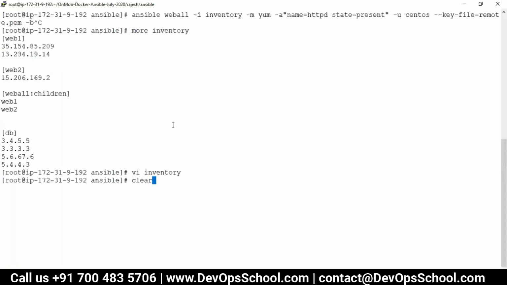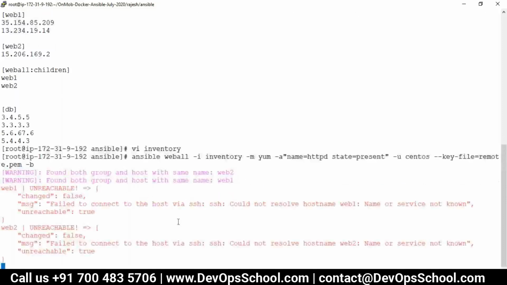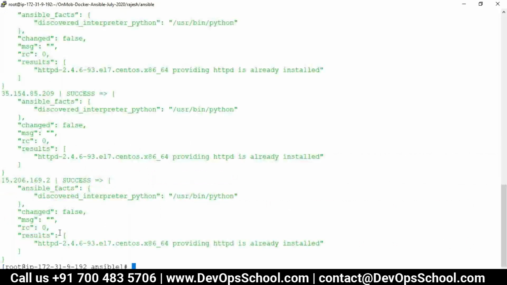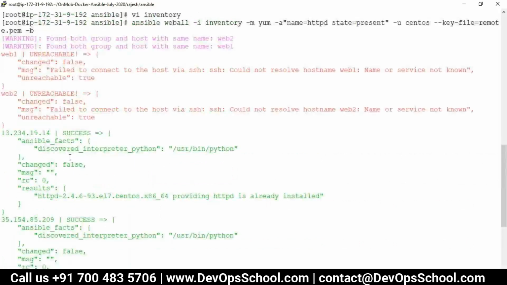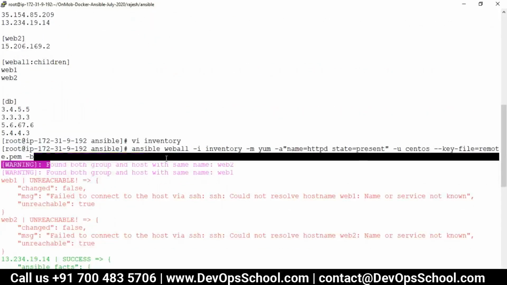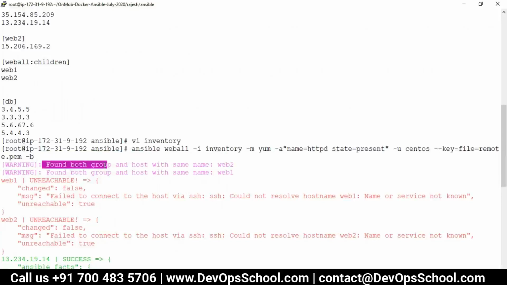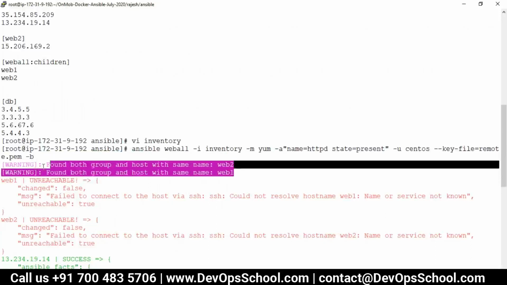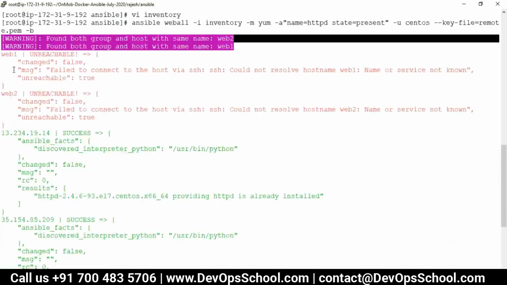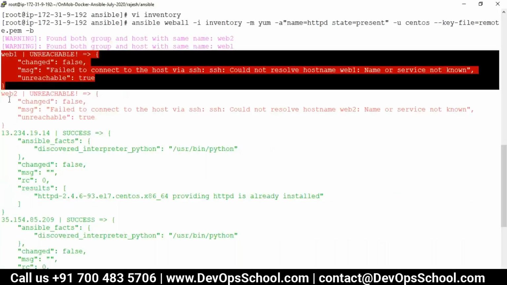Here I'm trying web all. And you see here, they said found both group and host with the same name, web 1 and web 2. So this is the warning, you got it, and they try to resolve that web 1 and web 2.